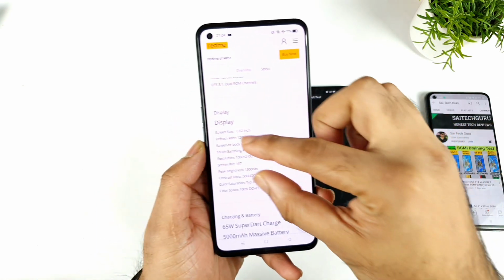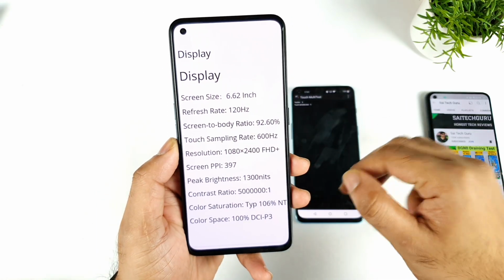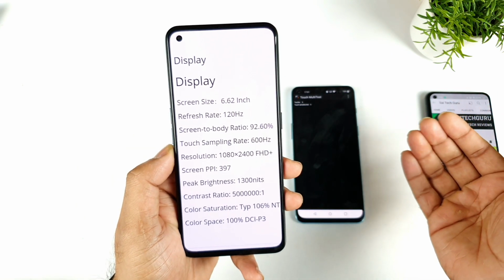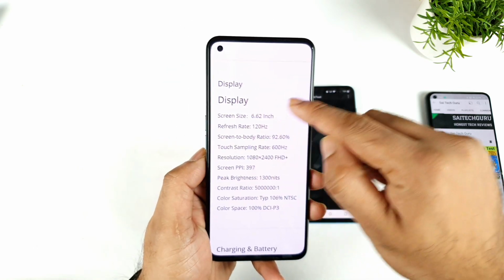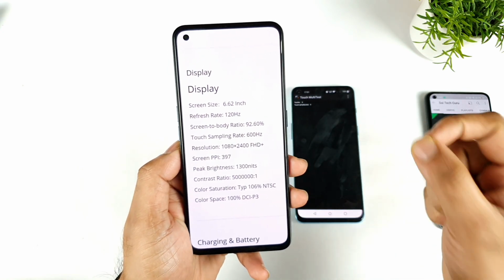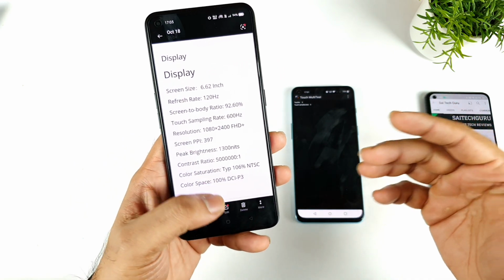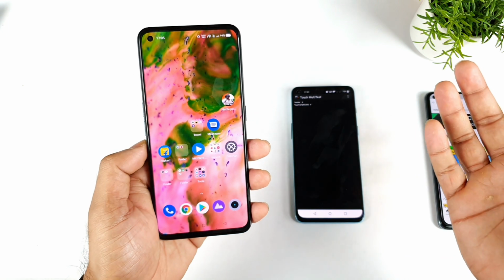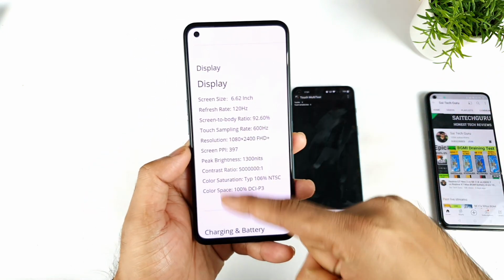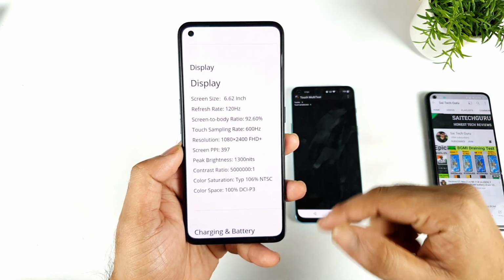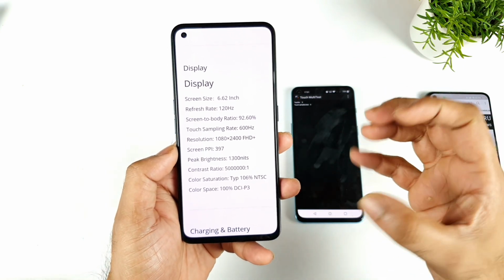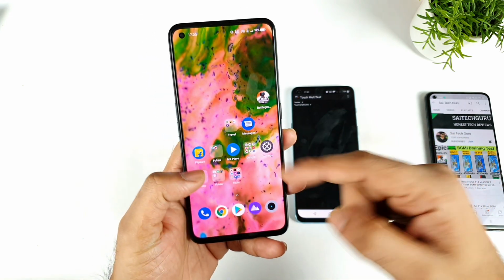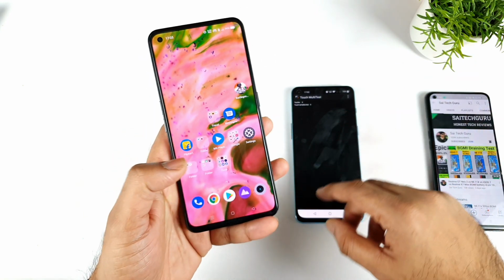If you look at the Realme website, they mention that the touch sampling rate is 600 Hz. They did not mention anything about peak or instant touch sampling rate, and they did not even mention 300 Hz. Nowhere can you find 300 Hz touch sampling rate. I'm getting a lot of comments saying the phone has only 300 Hz touch sampling rate and 600 Hz instant touch sampling rate, so Realme could have clearly mentioned what is happening. It's a really huge difference. It's not just 50 or 100, it's a 300 difference, so it's quite double. It makes a significant change in the marketing. That's the one thing I was just letting you know.